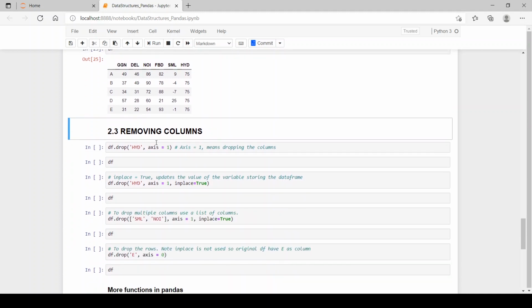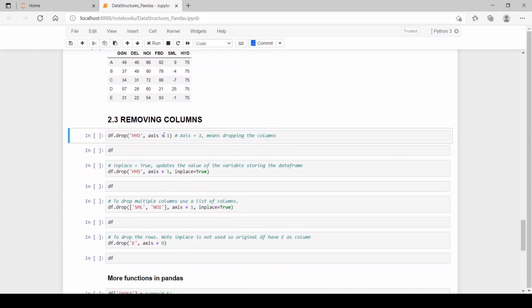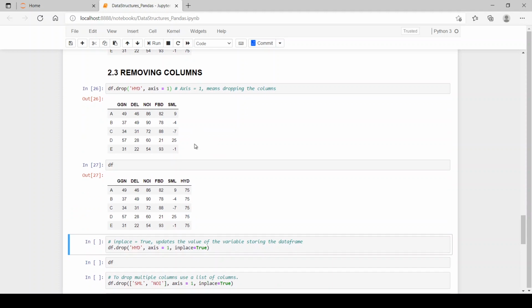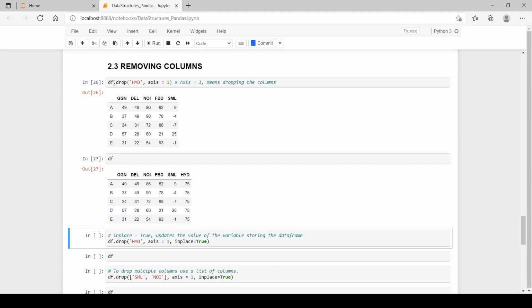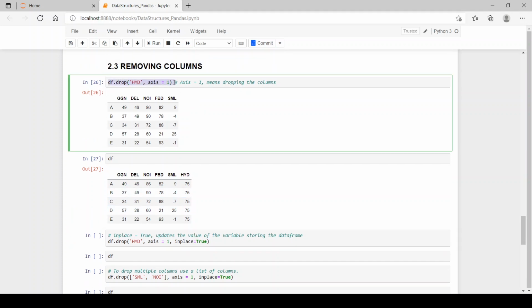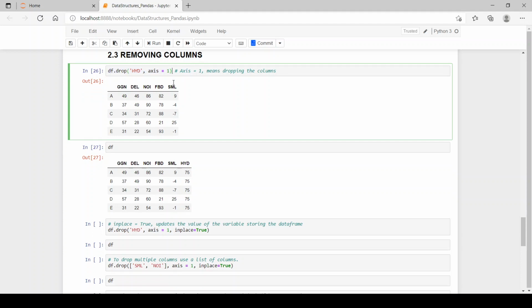Remove columns. We can also remove columns which we don't want in our data frame. So we can use the function df.drop and we can drop the column which we created. Axis equal to 1 implies a column and axis equal to 0 implies a row. So here we have to drop a column, so we use axis equal to 1. When we see our df, we still have Hyderabad in it, because this function only removes the Hyderabad column for a short period of time.